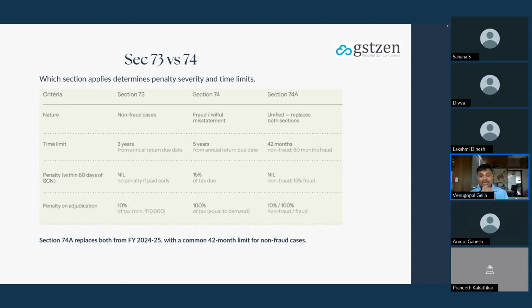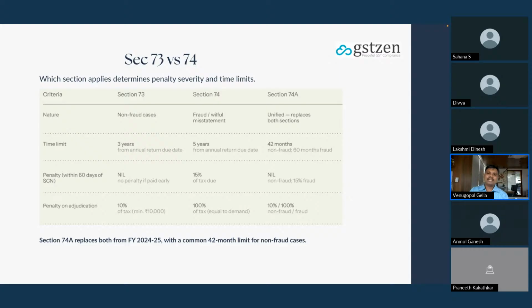The words used are suppression of the tax and wrongful availment of the ITC. When they feel that it is something you are not supposed to do, and you have done it, it would be called a case of fraud, and the department would levy penalty under section 74. Now, what happens when the penalty is under section 74? The penalty, if you see the last one, is 100% of the tax.